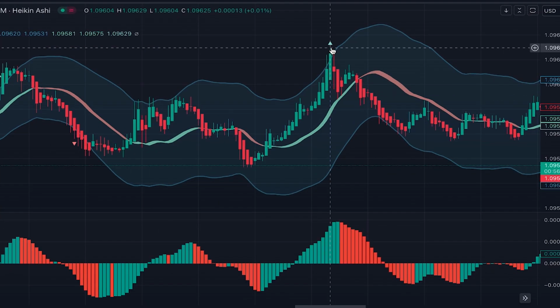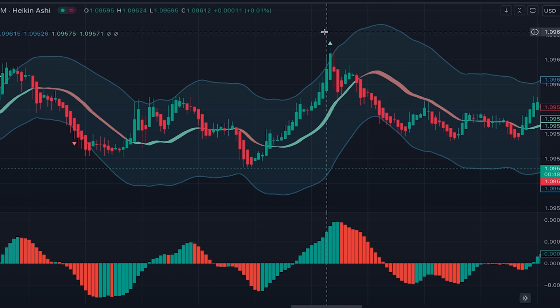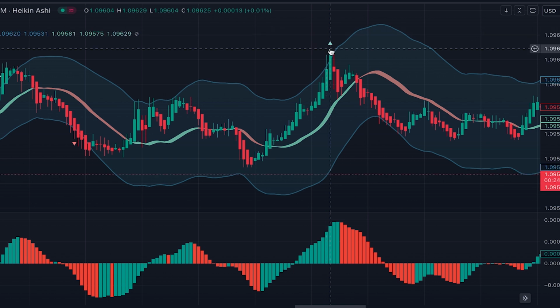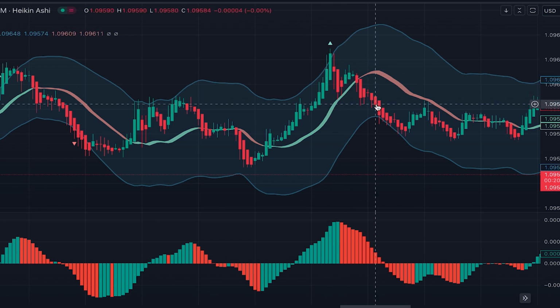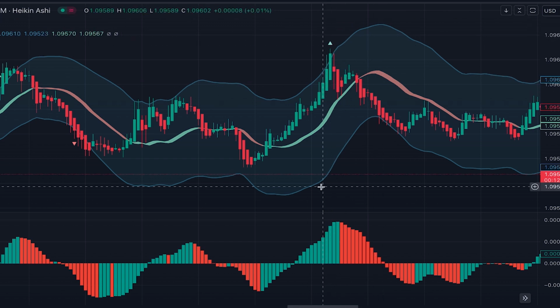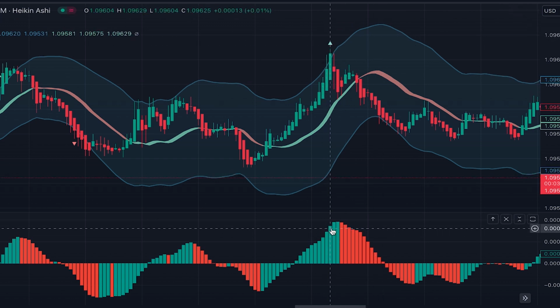Alright, when we have a signal like this, based on our strategy, this is not a bullish signal. We consider it a bearish signal. We see this as an extreme level of the price, and we expect that the price will reverse back inside the bands. When we get this signal, we go to the Awesome Oscillator and we wait to get the first